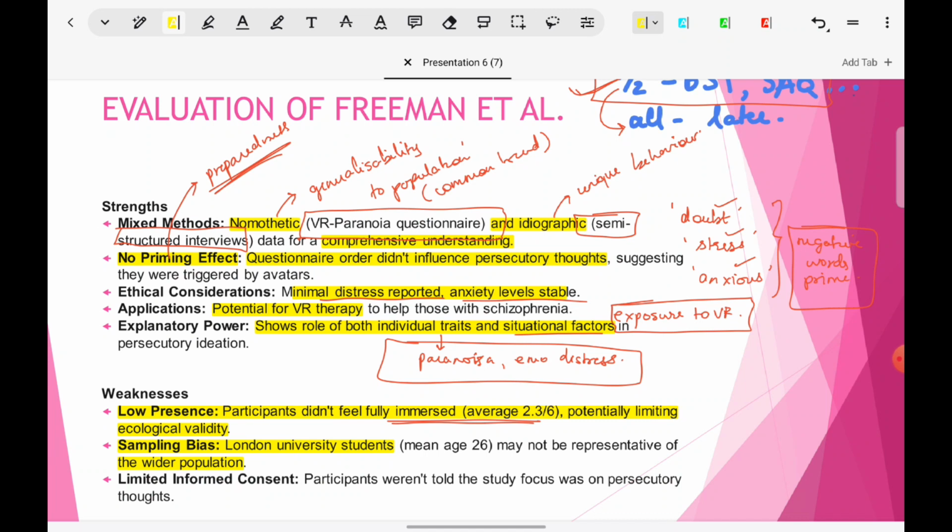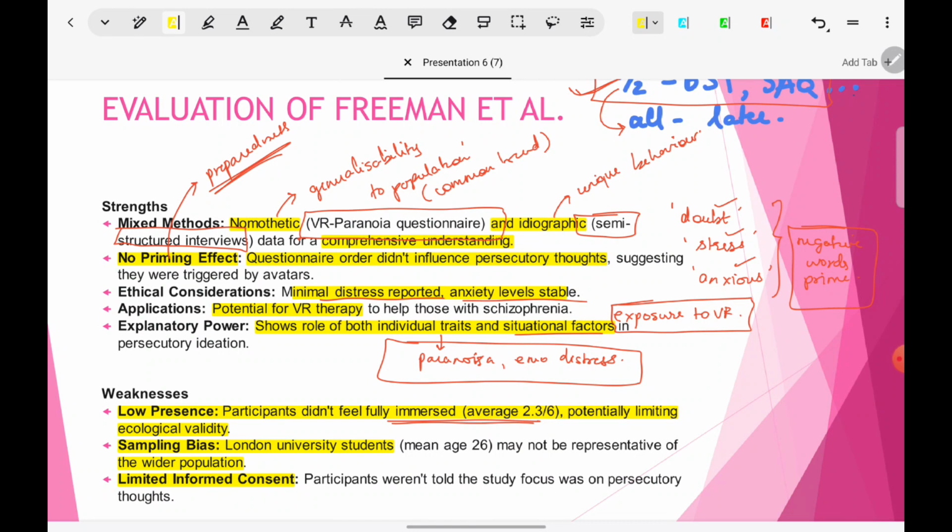So results obtained from students might not generalize to those people, such as overall there being less paranoia, or there being a tendency to perceive the avatars positively, might not be so much so if we are talking about non-students. And one more weakness of the study in terms of ethics, though the larger ethic of harm was maintained,